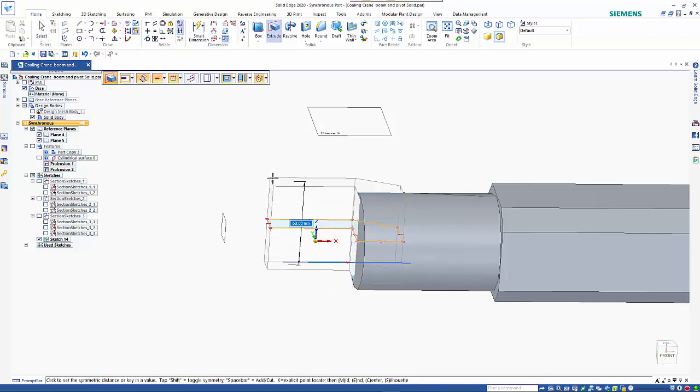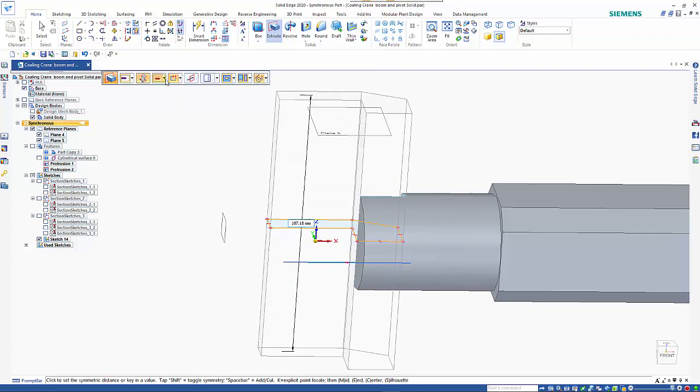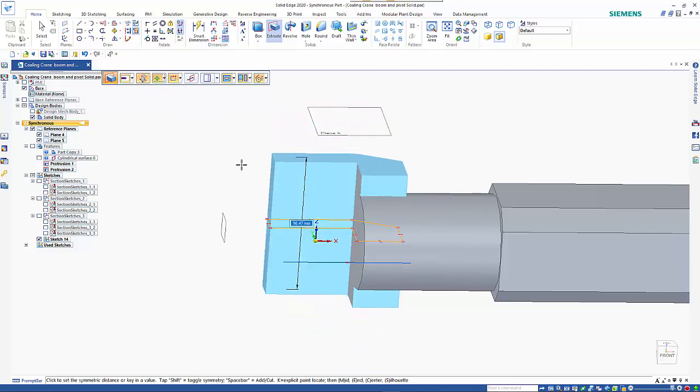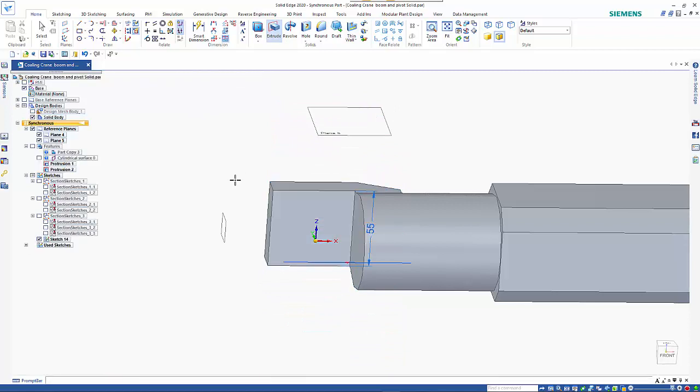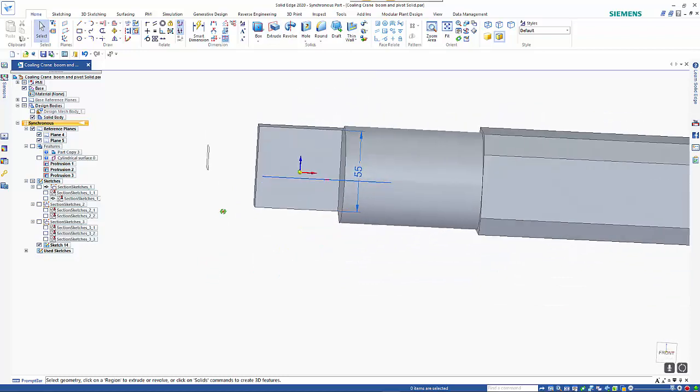So you can maybe see that we are cutting away, so we need to change our option to add, and the width here is 55, and that creates our new